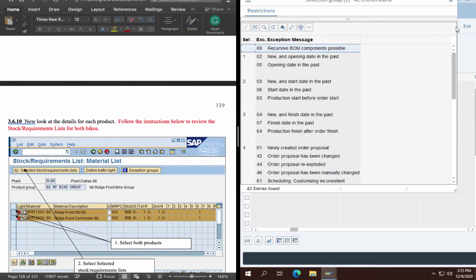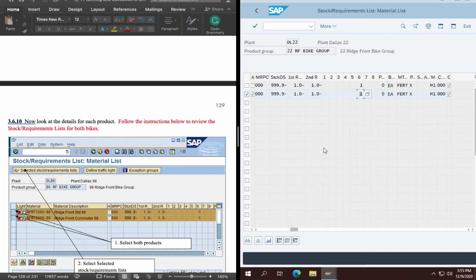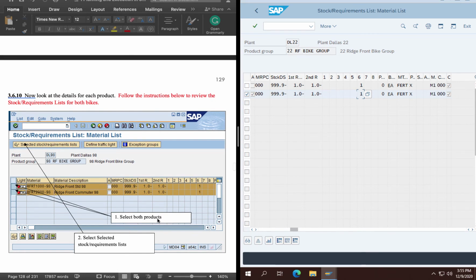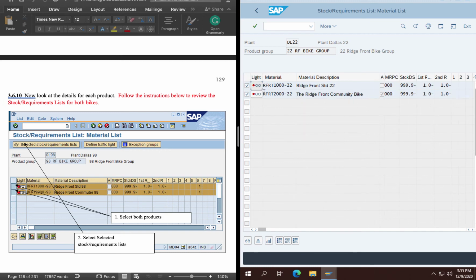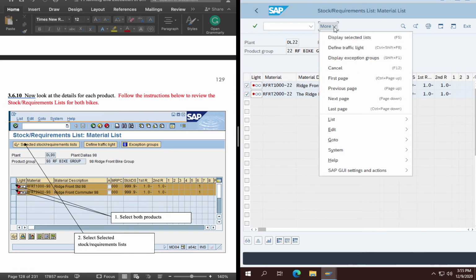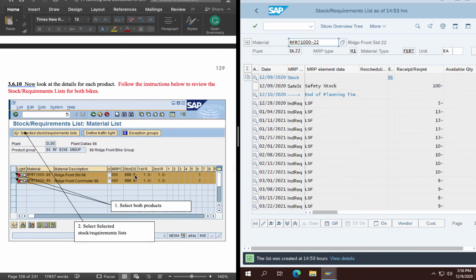Okay, so close it, and now look at the details for each product. Follow the instruction here. First of all, select both buttons. So I'm going to select both of them, and then select stock requirement list. I'm going to go here and then look at display selected list. Okay, if you have done that,